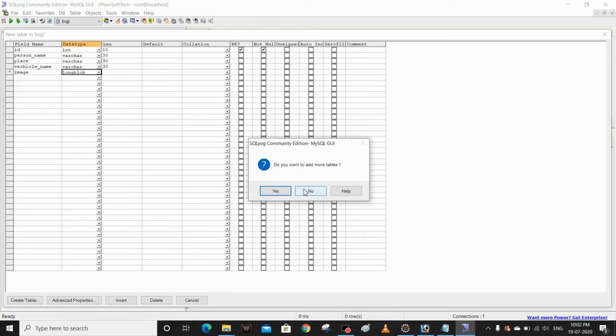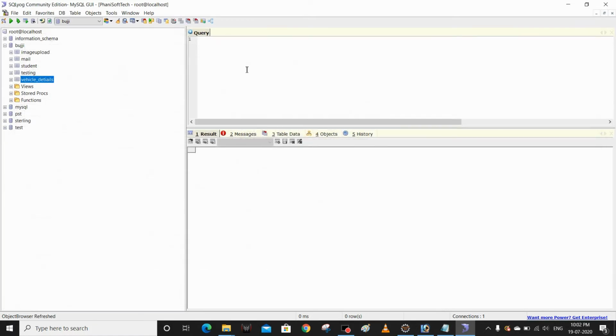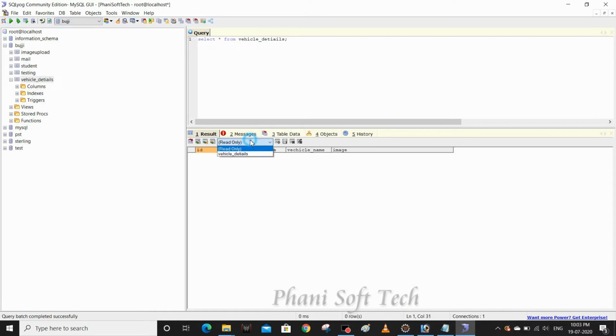We created it successfully. Now let me add some records to my table. Select star from vehicle details. I'm going to add some records into this table.